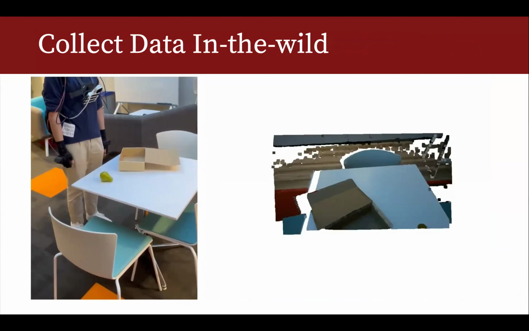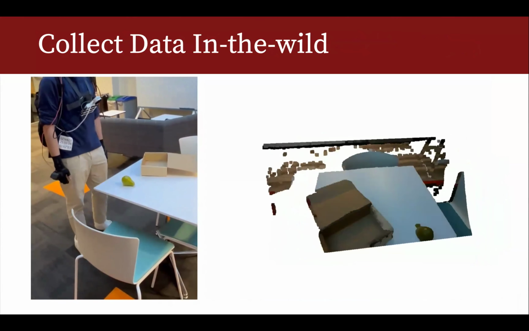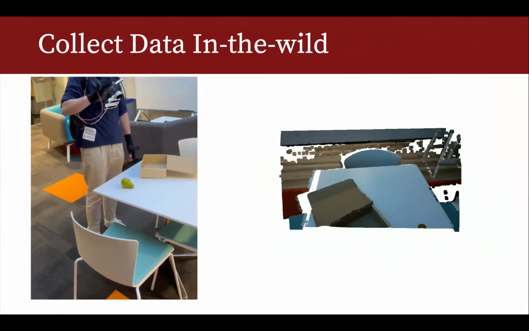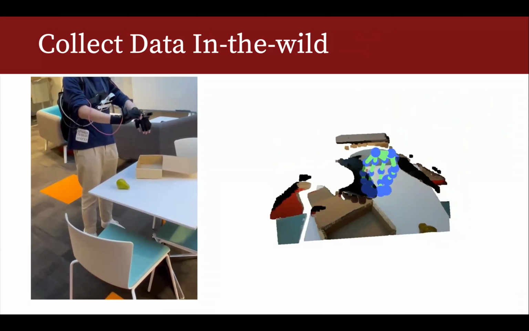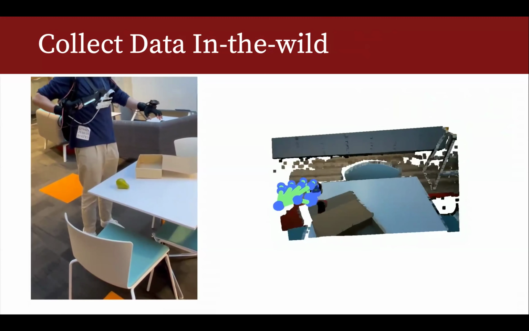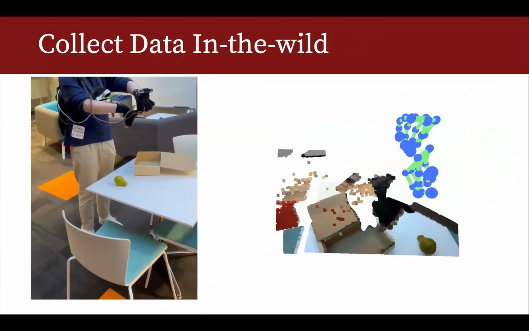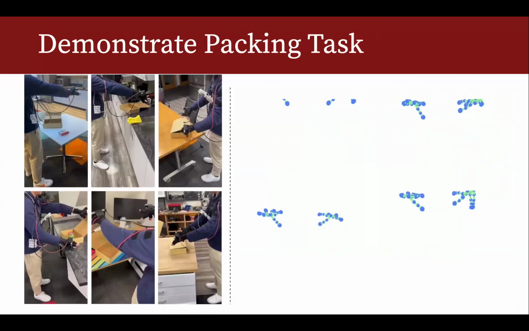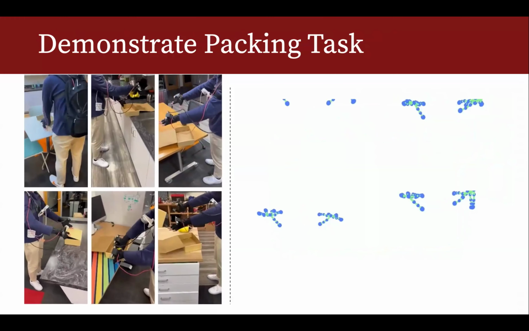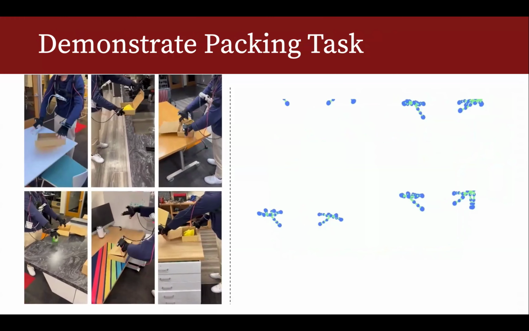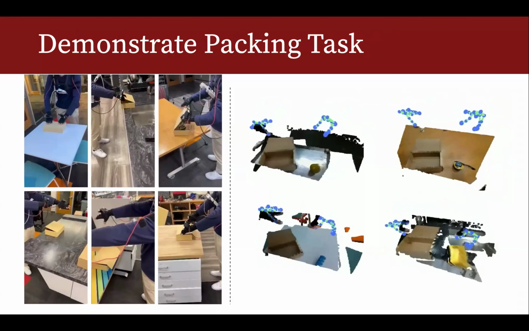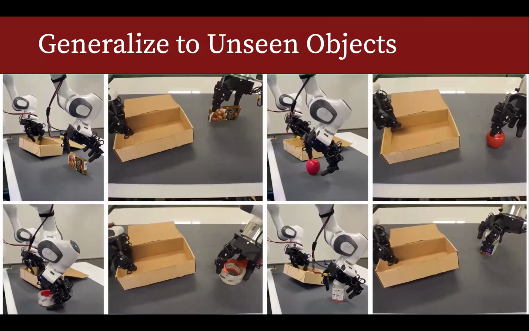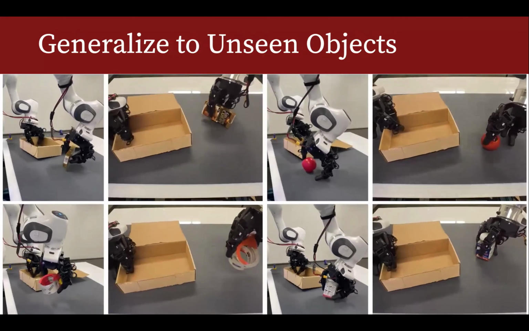So we can collect data in the wild. That's the main purpose. Now Chen is walking in our basement at Stanford Gates Hall and collecting all different kinds of data. Here what he wants to collect is two-handed bimanual manipulation, packing objects into a box. And we collect 6 different kinds of objects. Our goal is to be able to generalize this packing skill to new unseen objects, and it actually worked pretty well. Again, almost zero shot transfer.